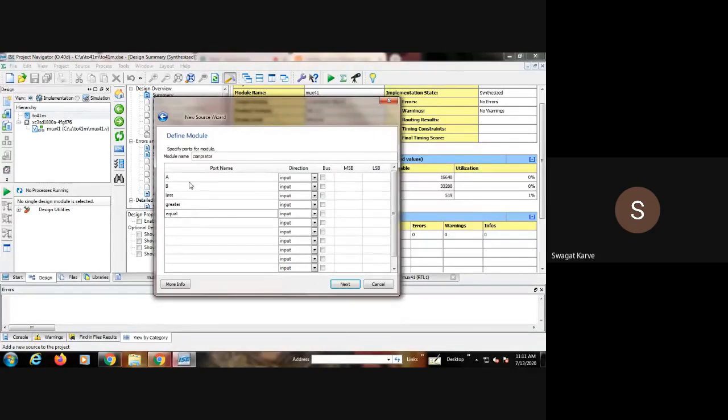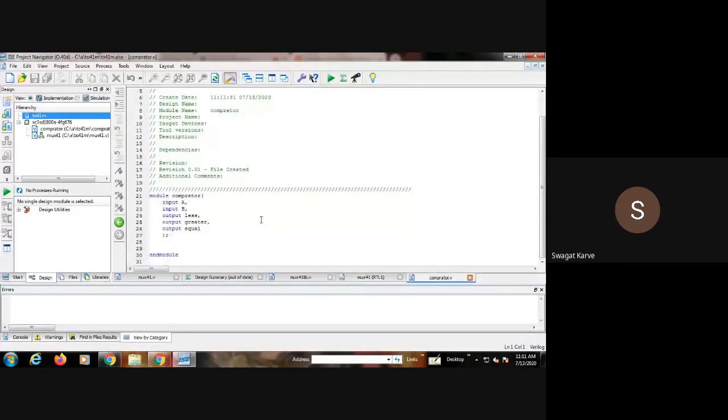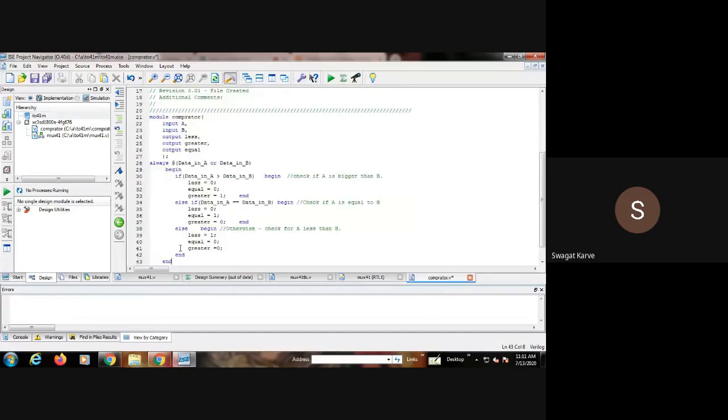Okay. Now this A and B are the inputs, and this less, greater are the outputs. Okay, I will select it as an output. Clear? Next, finish. Okay. Now this is where we have written the code.